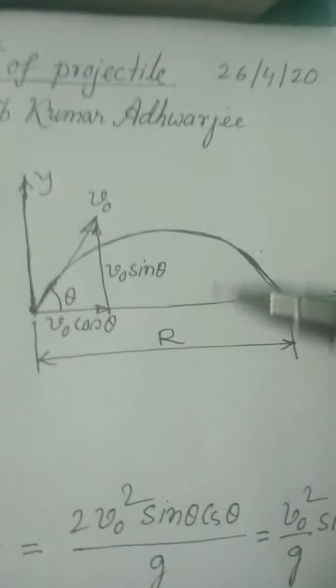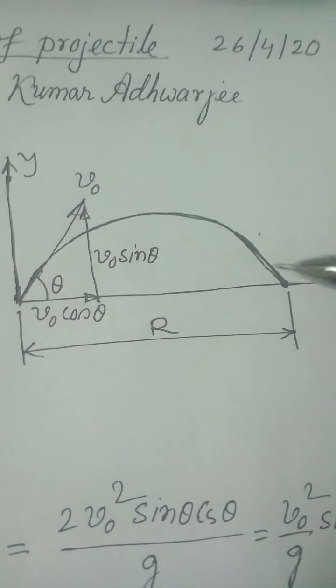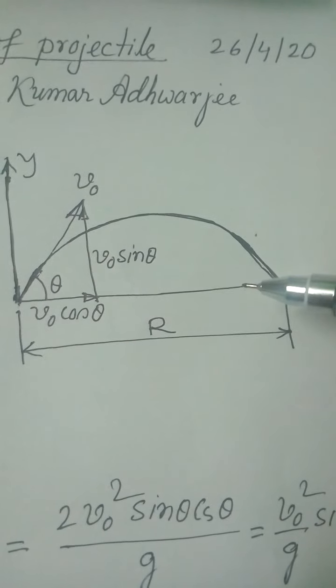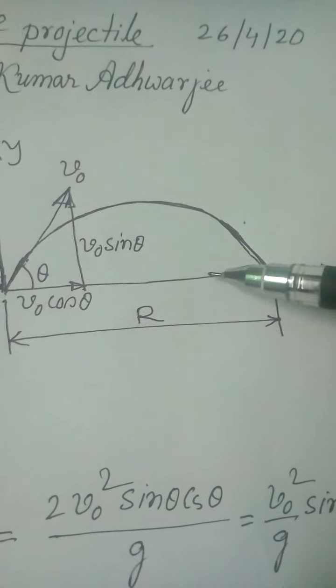Okay, now here try to understand, if theta is less than 45 degrees, then the range will be somewhere here, so we are more safe. When theta